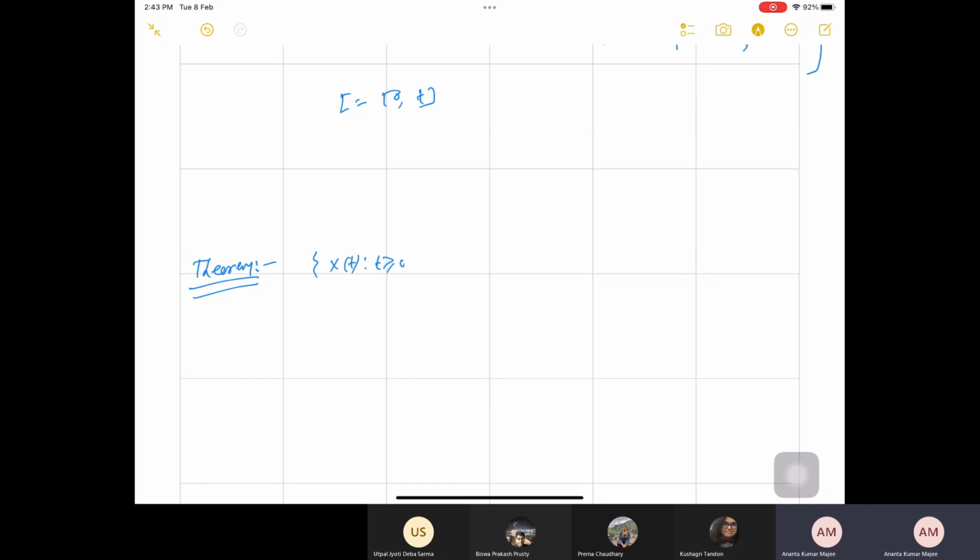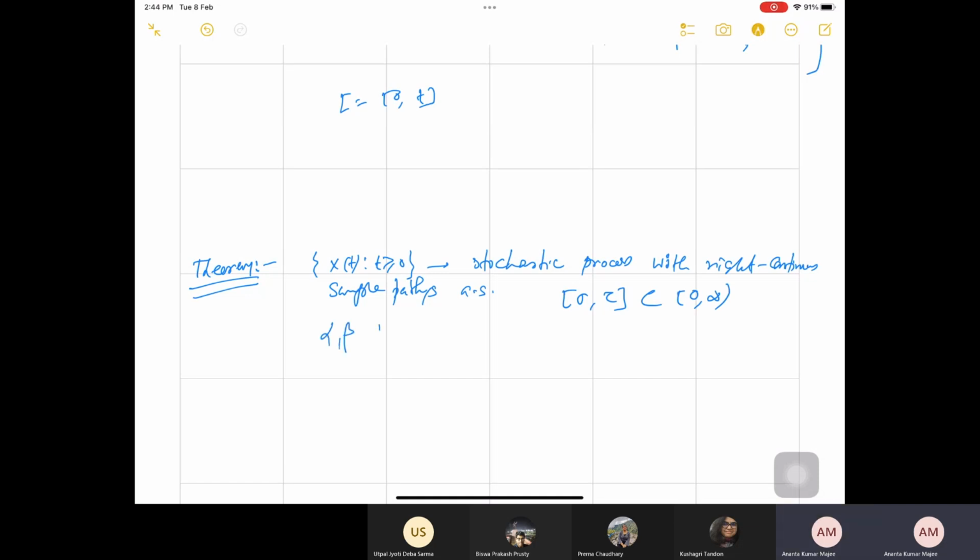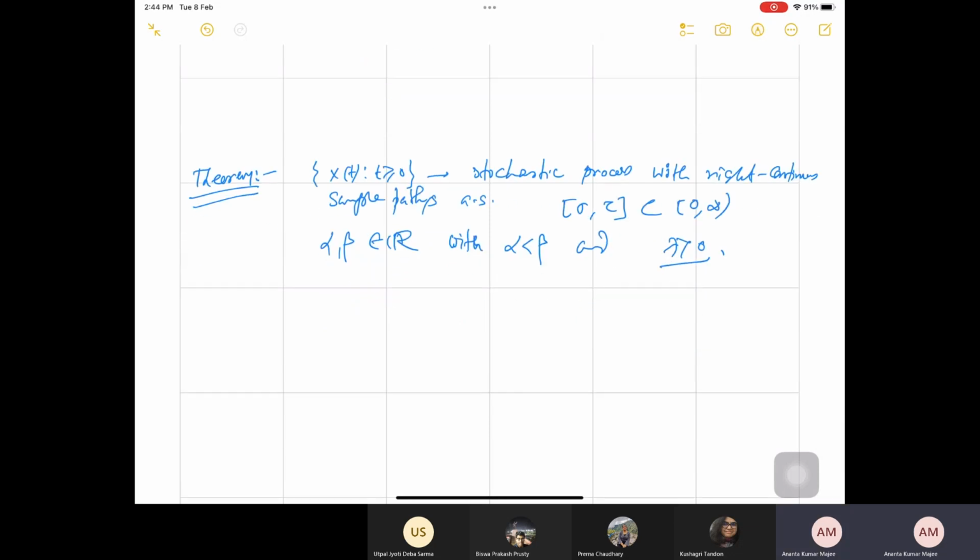I consider my X_t, a stochastic process with right continuous sample paths almost surely, or for simplicity we can also consider continuous sample paths, that is, t goes to X(t, omega) is continuous for almost every omega. Or in particular, right continuous sample paths. And now I am considering sigma and tau, subsets of [0, infinity), and alpha, beta real numbers with alpha less than beta, and lambda positive. They are all real numbers. Then the following